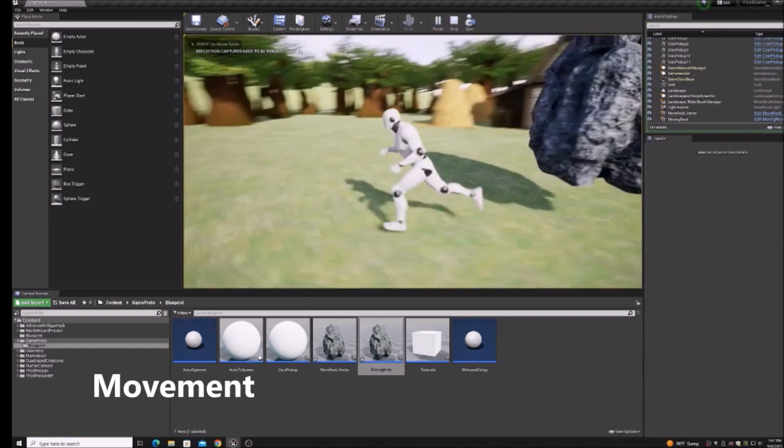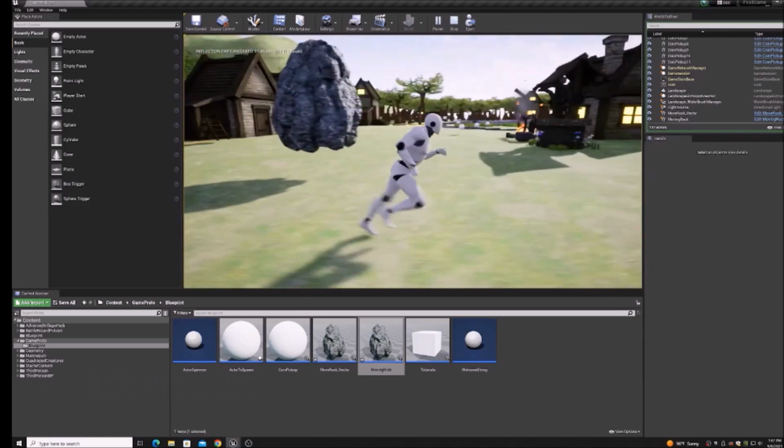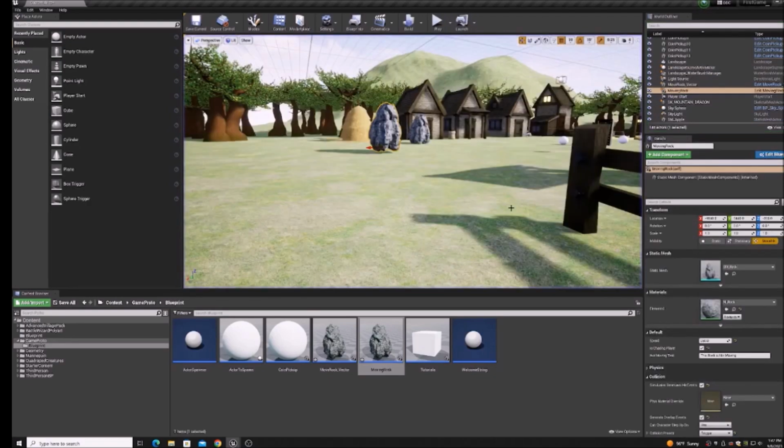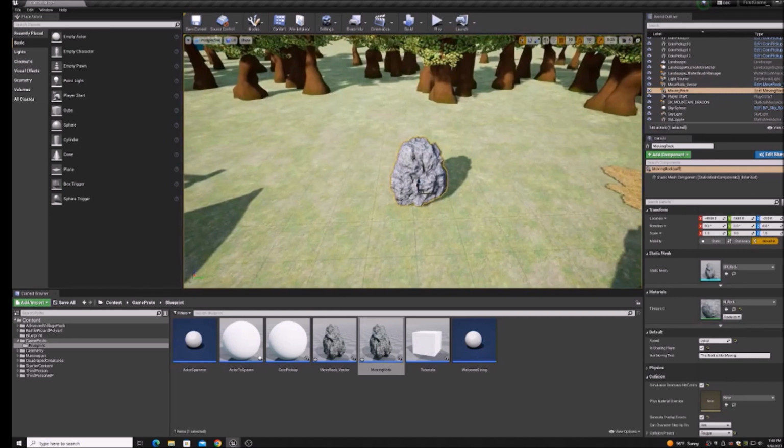So as you can see right here, the rock is moving towards the character that I am controlling. And why would the rock go for the player? If we check the